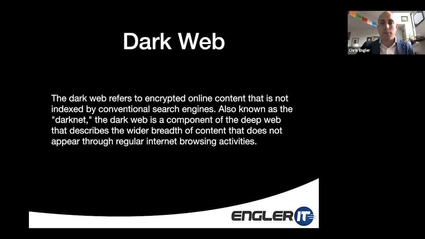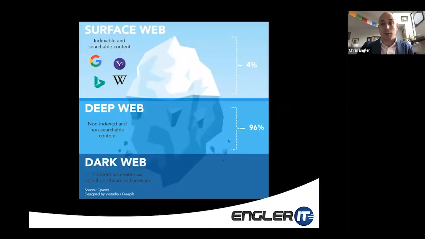And I have a picture here for us to look at so that we can really understand what this is. When you're on Google, Yahoo, Facebook, Amazon, ordering things, Instagram, whenever you're using the internet for what you typically use it for, that's really only 4% of the internet. But it's pretty much what everybody uses. Lying below there is the deep web. Those are things that you're not going to find through a Google search. Medical databases, scientific databases, things that you have to know where they are so that you can go out and get them. They're not going to show up through a web search.